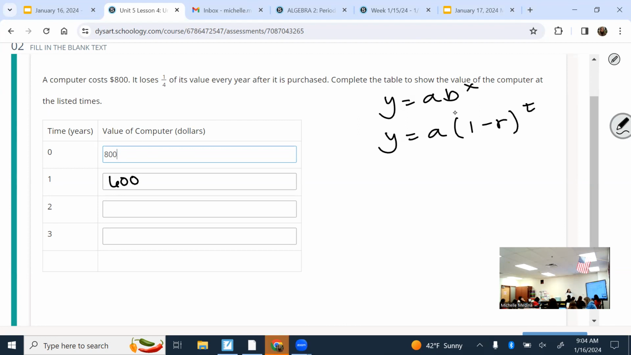So what is A representing in this one? My initial amount, which is 800. What do I have to multiply by each time to get my next value? The common factor. If I'm losing a fourth of its value every year, what's going to be my common factor? Did you say 1/4? So that's the common mistake. It's not going to be 1/4. It's going to be